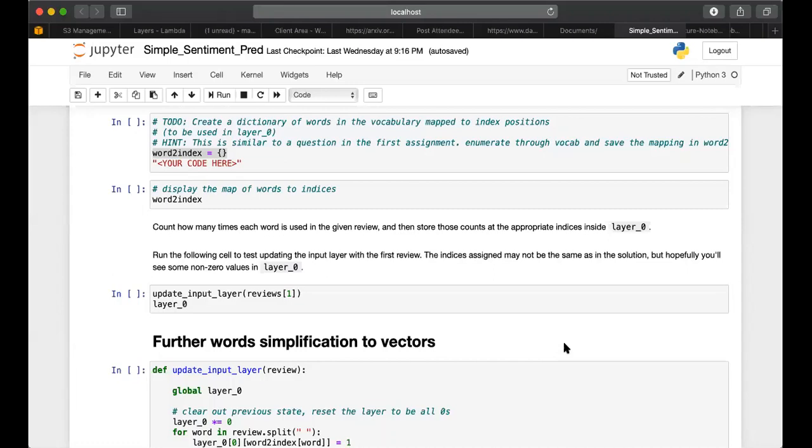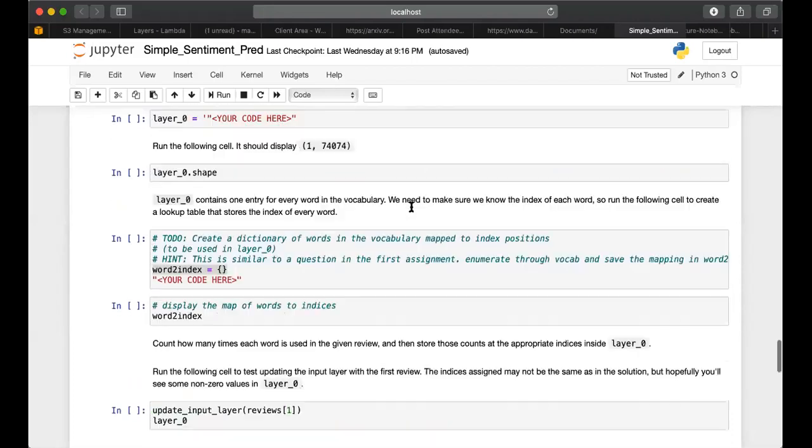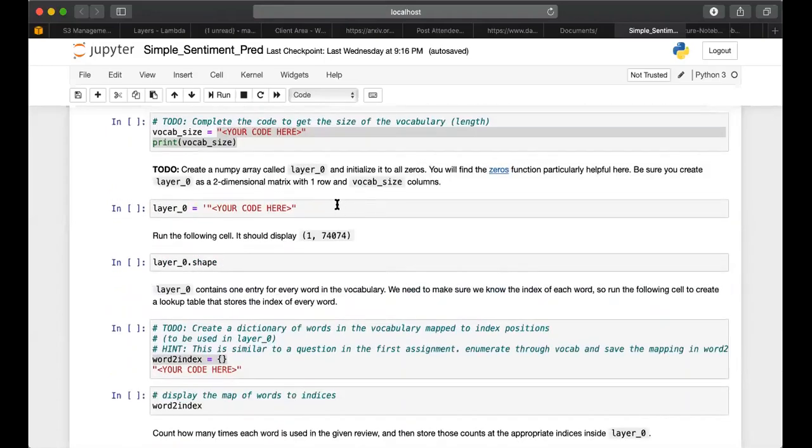What I'm asking is, this particular word to index that we're supposed to write code for, is it the index we want attached to the word as it was in the review text? Because the vocab that we earlier created was in a set, and every time you print vocab, I noticed that it's rearranging.